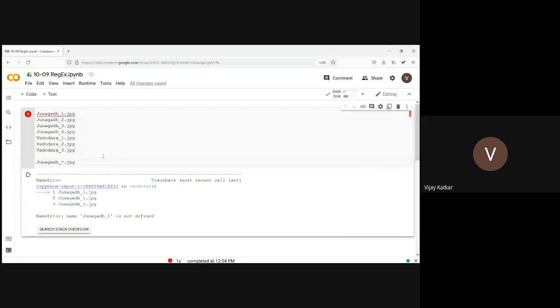If a file name is like this, then that file name is something I am looking for. The star means anything. So anything is okay at this position, but it should begin with Junagadh and end with .jpg.